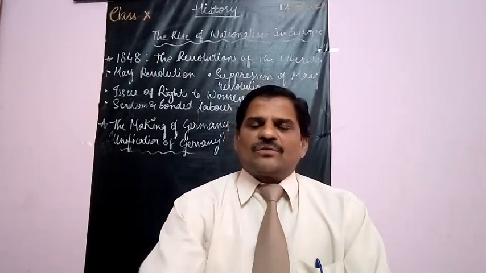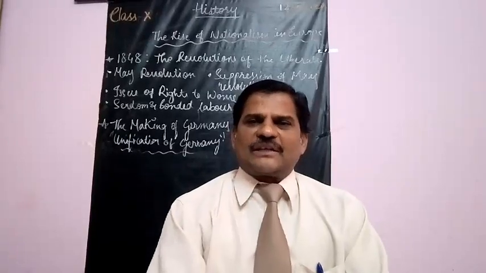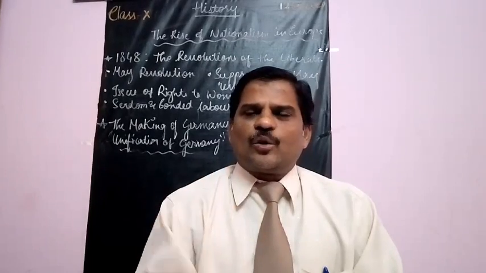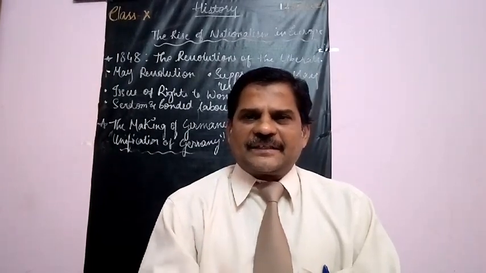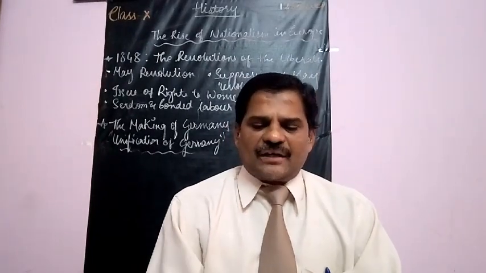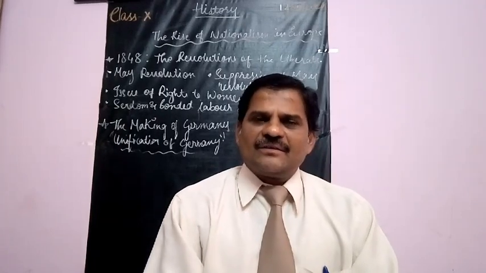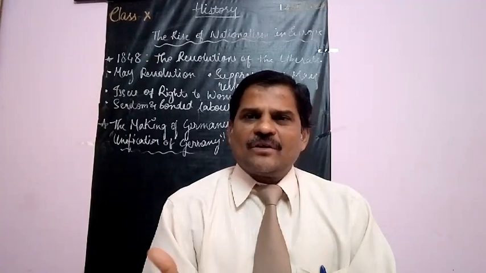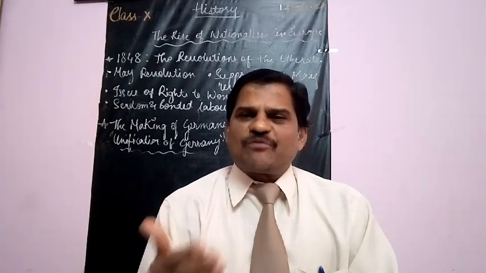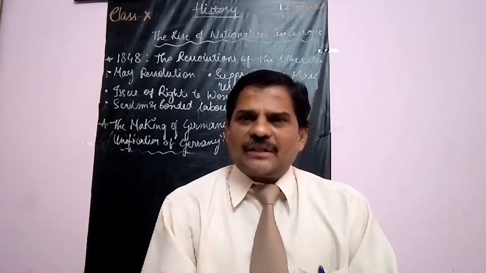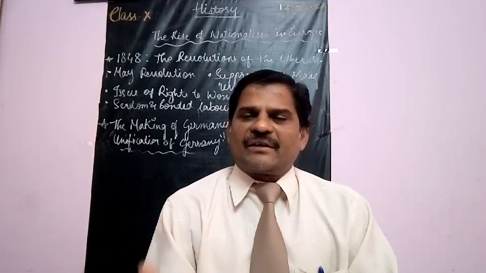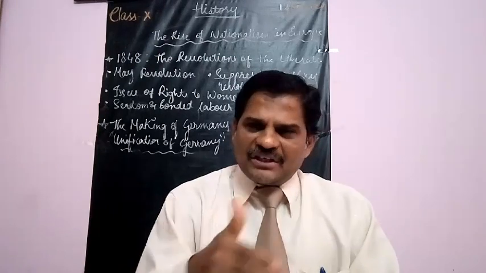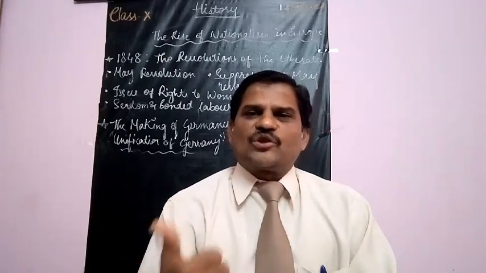So this success of the 1848 revolution in France also spread to other European countries like Germany, Italy, Austria, Hungary, Poland, etc. That means the success of the French Revolution inspired the people of Germany, Italy, Poland, Austria and Hungary. So with that inspiration, the people of these states also started revolutions,